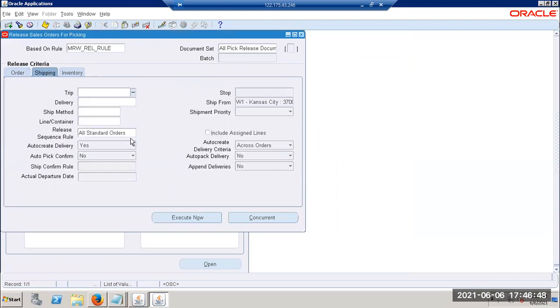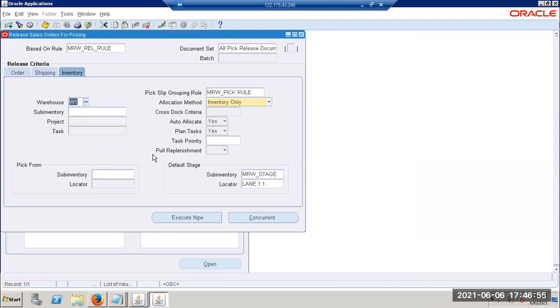Yeah. Go to shipping. Go to the last tab. Okay. Select the inventory allocation method, right? We are not doing from inventory. We are trying to do from the cross-docking criteria. Select that as cross-docking. Yes. Select that as a cross-dock only and just give our criteria, whichever is here. The plan, right? It automatically comes, the planned one.